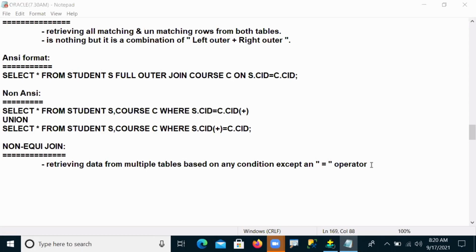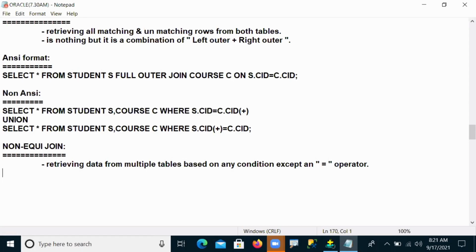You can use any condition here, but don't use the equal operator in this non-equi join. Except the equal operator, you can use any operator in your join condition.